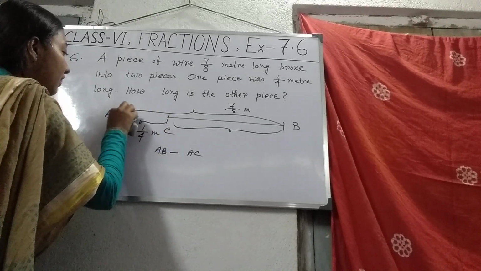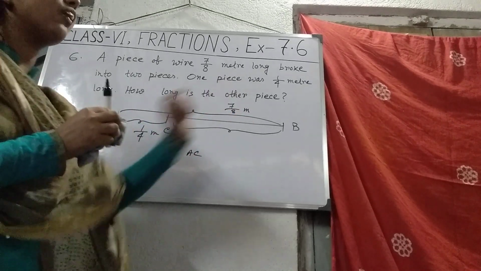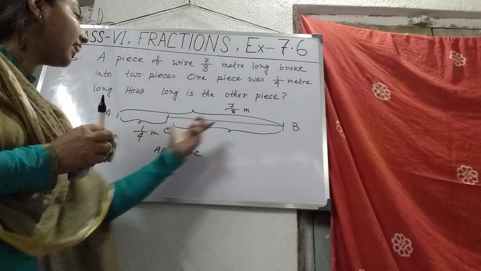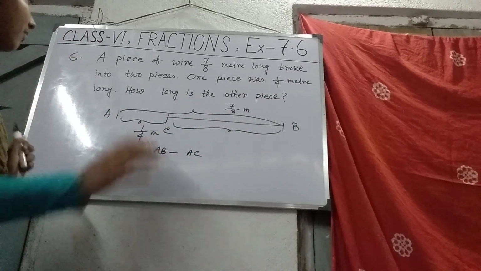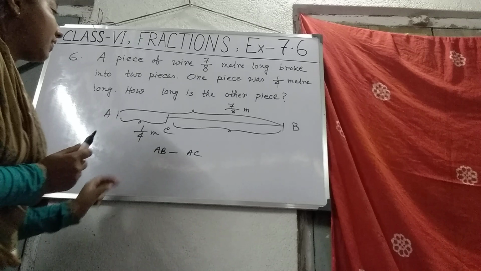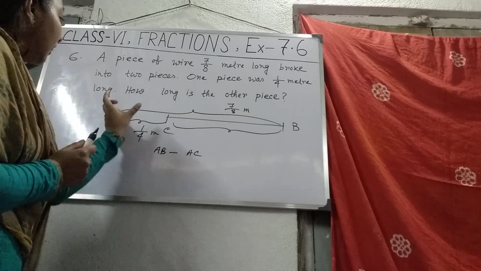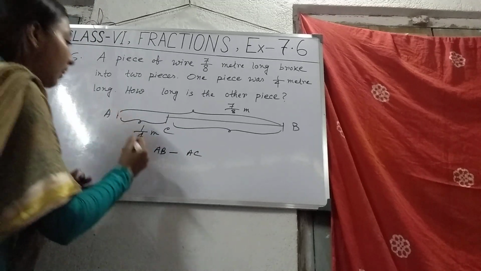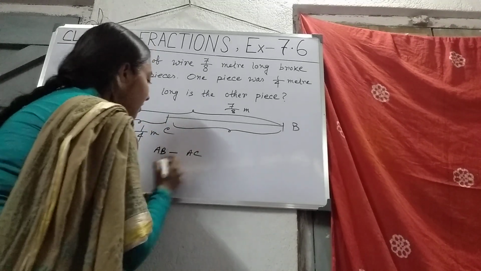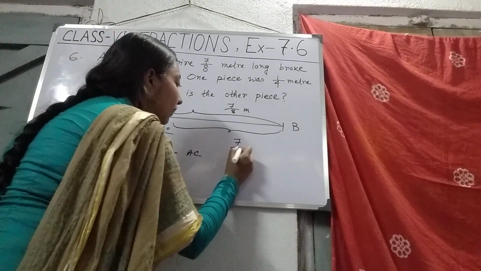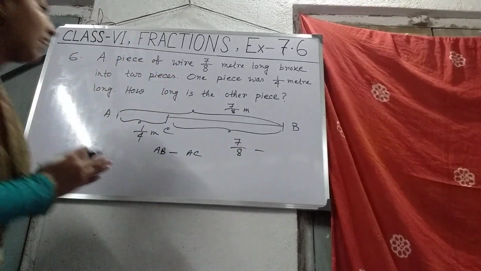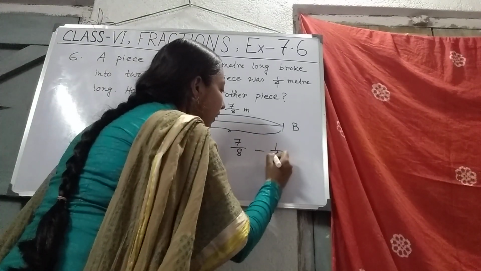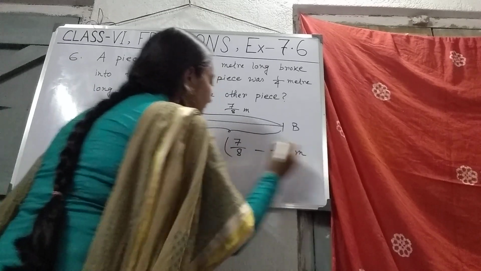Subtract means remove this part from the entire wire. Easily we will get the remaining part, that is BC. That means from the total wire we have to subtract the first part, that is 1/4 meter. Now AB means here 7/8 meter and AC means here 1/4 meter. So this part will be